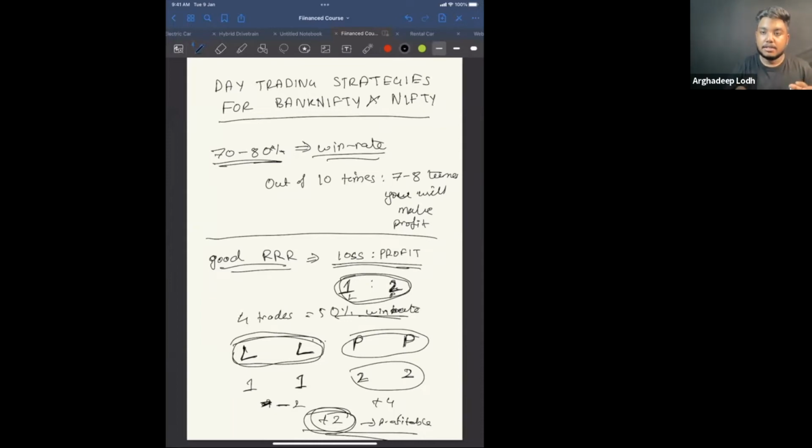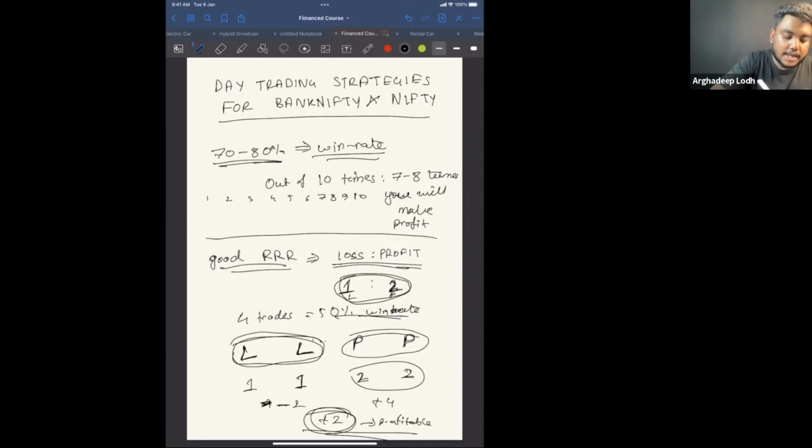समझ में आया? क्लियर? ओके, चलो एकदम क्लियर ना? विन रेट और रिस्क टू रिवॉर्ड रेशियो क्या है, समझ में आया ना? Now what happens, usually यही होता है. And see, 70 to 80% win rate का मतलब you are winning, suppose out of 10 times, 1, 2, 3, 4, 5, 6, 7, 8, 9, 10,